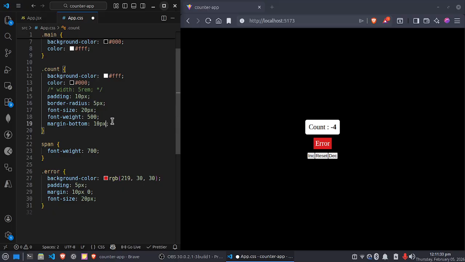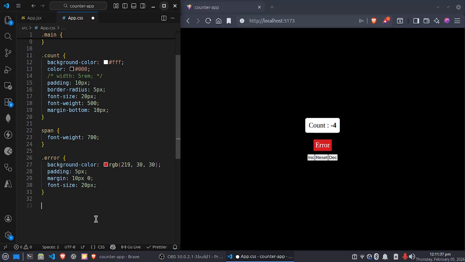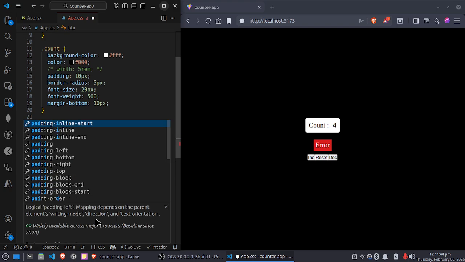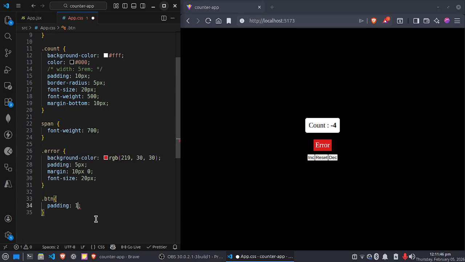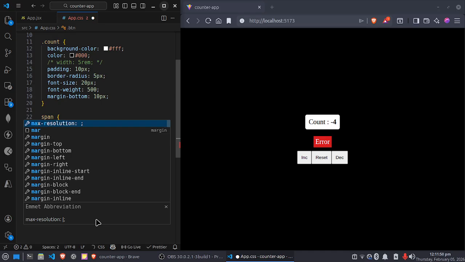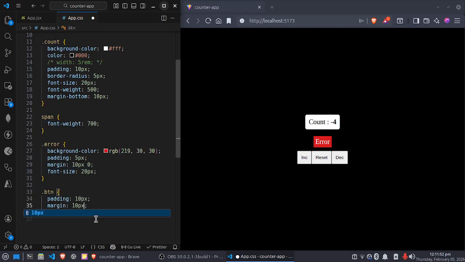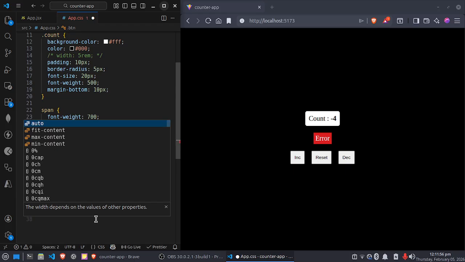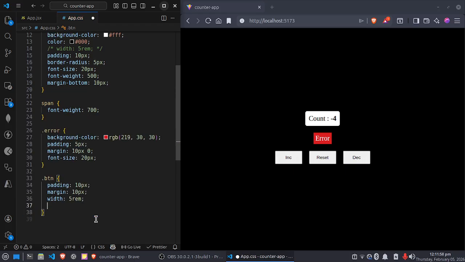Okay, 10 pixel. Now let's style these buttons. For that I have a common class for all 3 buttons, btn. For that, padding 10 pixel for all, and margin 10 pixel, and the width is 5 rem, equal width to all 3,